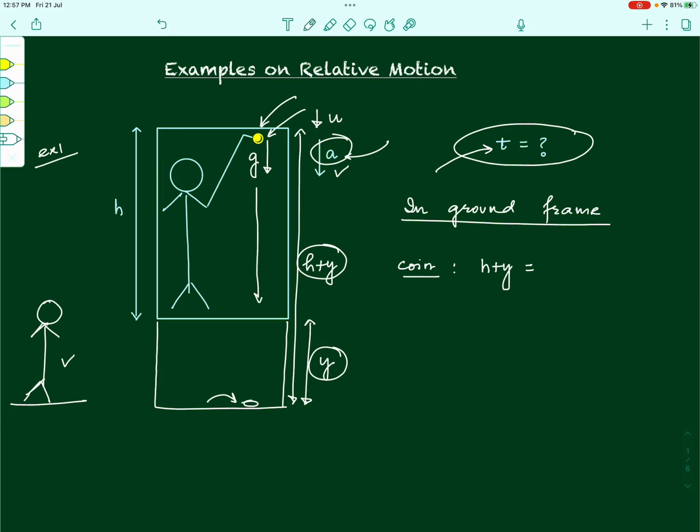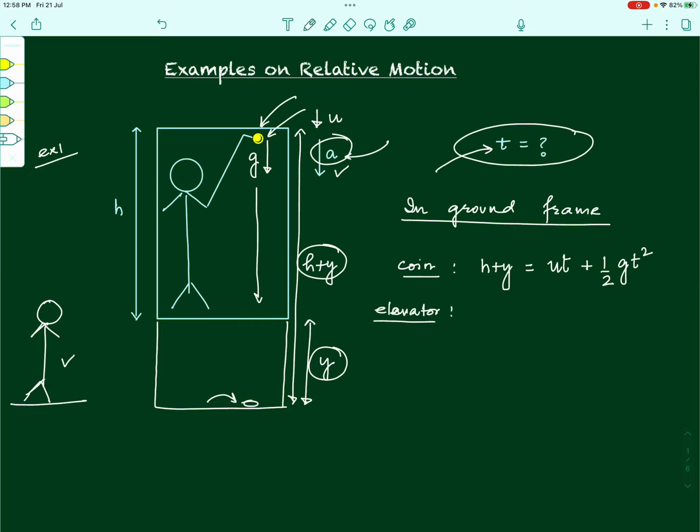It could be any velocity, we can just assume it for now, because we shall see after a while that this term will cancel out. So, if we assume that it has a velocity u at that time, the ut term will be just ut and then plus half gt squared. This becomes the equation for the coin for the time that it takes to hit the floor of the elevator. For the elevator at the same time,